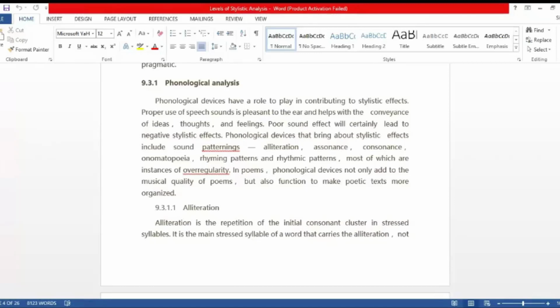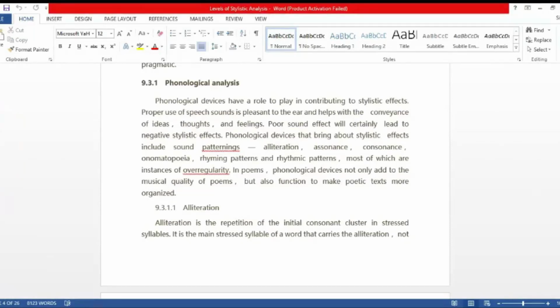So phonological analysis means that we study the sounds of words and the arrangement of sounds in poetic lines, particularly in poetry. That is going to be the first level, and you can choose to apply this to any poetic text that you want to. But there are various parts to it, the concepts of which we need to clarify in order to go about it. So when poets make certain lexical choices, when they select certain words to use in their poetry,